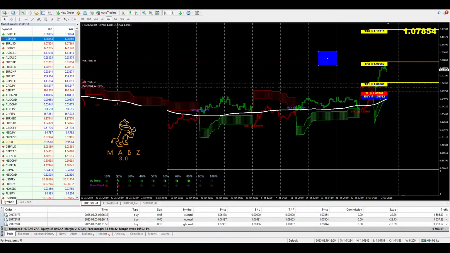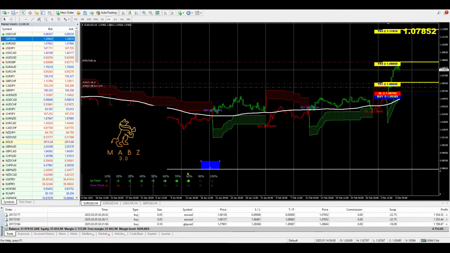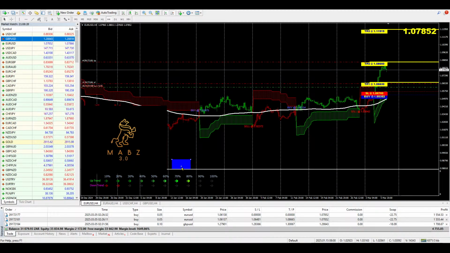Just to remind you guys, our trading rules for a buy signal is that the price has to be above the 100 period moving average, and then the volatility meter, when we want to enter the trade, it has to be at 70 or above. Okay, so all those conditions right now validate the trading signal and the trading levels.